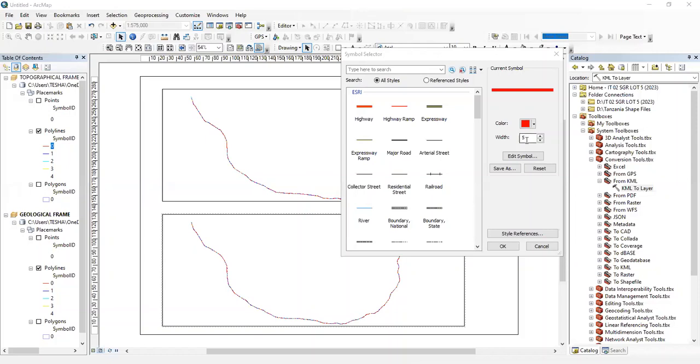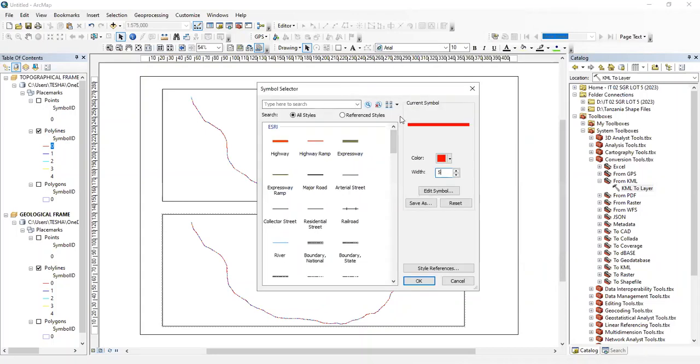So we can change the polyline thickness just by clicking it, and this dialog box opens, which is a simple selector. But we're not going to say